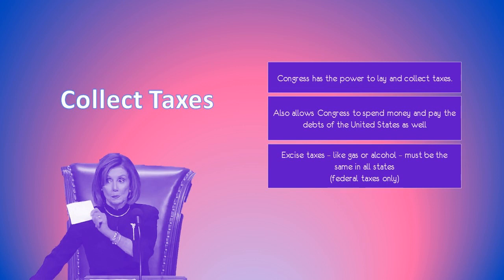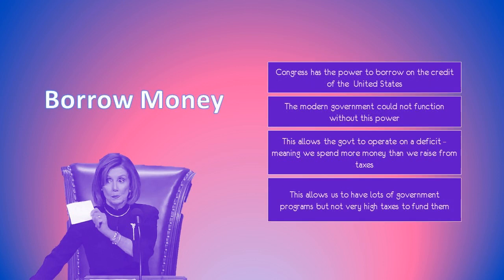An example here might be an excise tax. We have excise taxes on a couple of products. These get added into the price of goods. A couple of things where these are common excise taxes would be gasoline and alcohol. So national government taxes must be the same in every state. So we make sure that there's a gas tax when you buy a gallon of gasoline for your car. Part of that is paying the tax to the United States government, and they turn around and help the states pave roads with it.